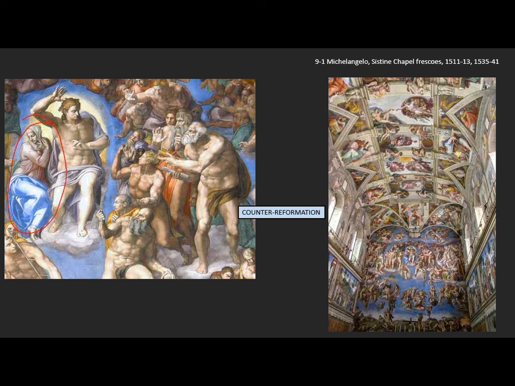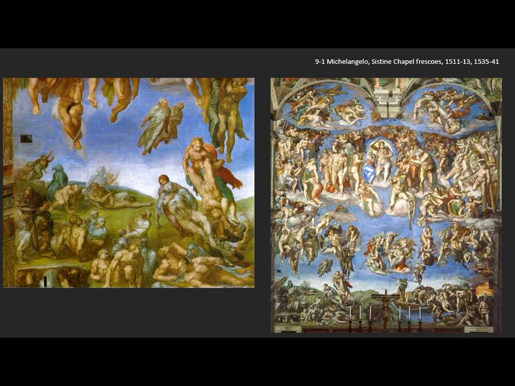This will help us then to read the composition. The way the Last Judgment works is that the figures on your left are the souls rising from their graves and being called toward heaven. They're on Christ's right, which makes them the chosen ones, the saved, whereas on Christ's left are the damned who are being cast down into hell.